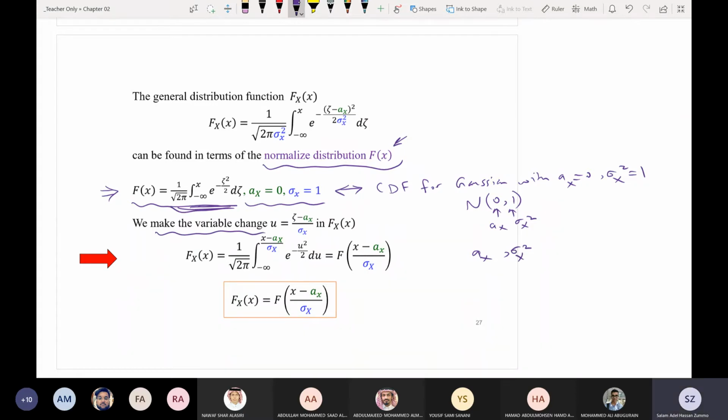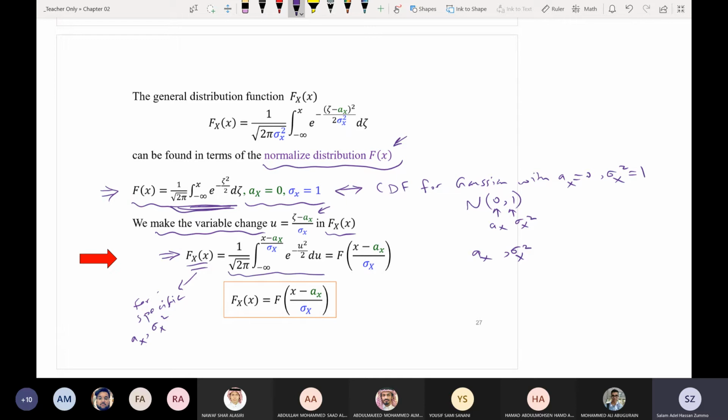I define u to be zeta minus ax divided by sigma x. So fx of x here, which is what we were talking about above, for a specific ax and sigma x squared equals